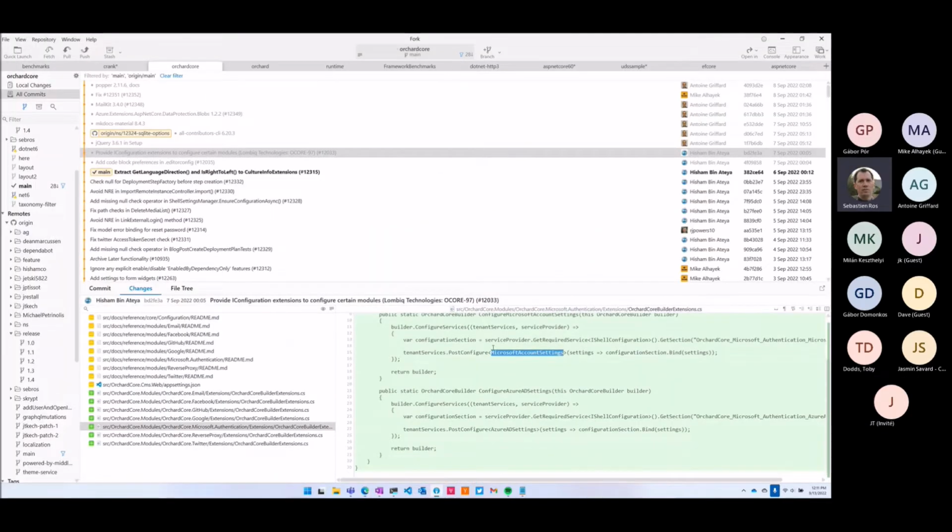And in this case, this is the pattern: to read the configuration section as a loose object and then bind it. Yes, bind it. We already did this for security setting, and maybe it was not already the case for this one.